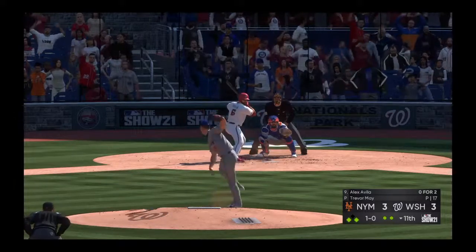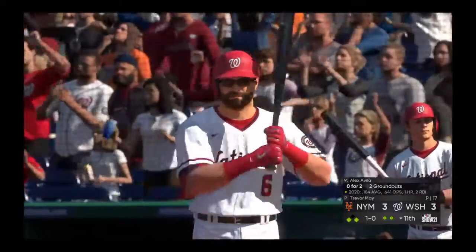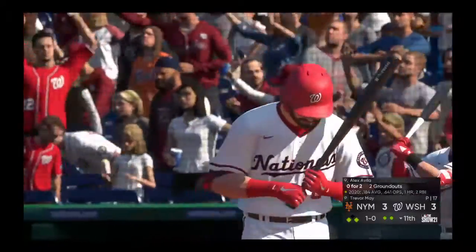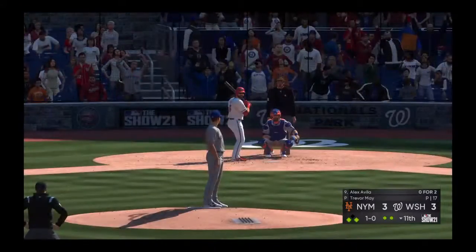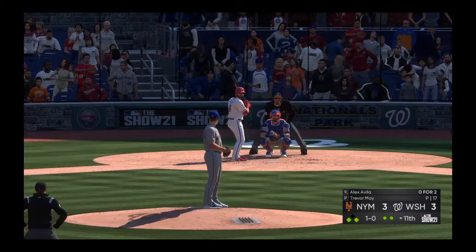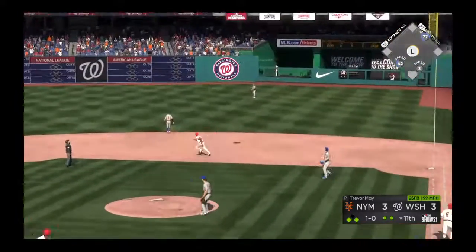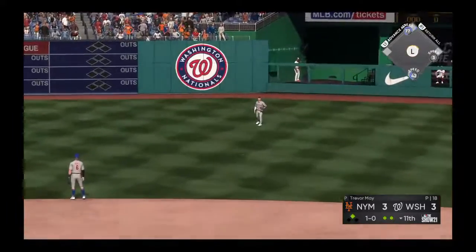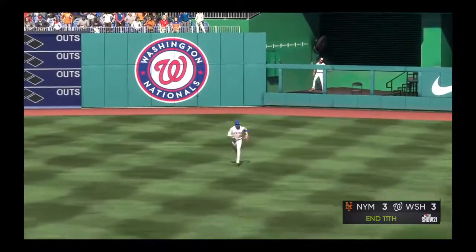Into the box now, Alex Avila, as he would look at a first pitch fastball for ball 1. A 2-out hit would win it. Fastball or wild pitch would do the trick just as well. One and 0. Here it is. Pulled high in the air out to right field. Conforto is there to make the catch, and that means